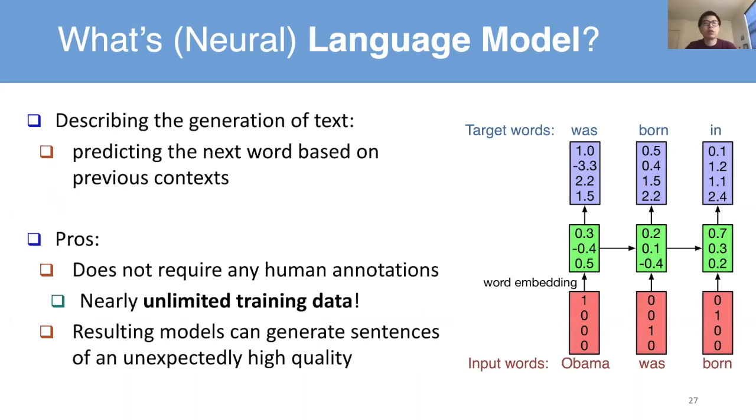Let me first briefly introduce what a neural language model is. A language model basically describes the generation process of the text. We make predictions for the next words based on the previous context. It's very natural for human language. After I say a few words, you may have some expectation about what's the next word